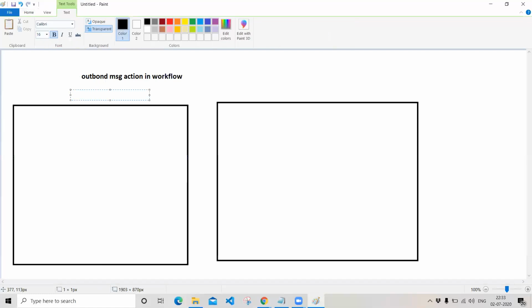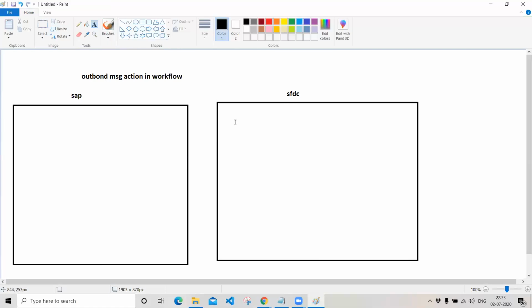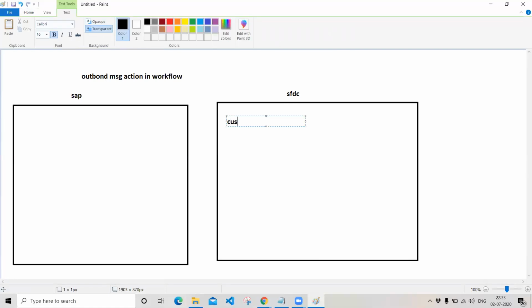So consider that this is our Salesforce system and this is our SAP system. In this Salesforce system we have a customer object. Whenever a customer record is created in my organization, I want to send the details automatically to the SAP system.